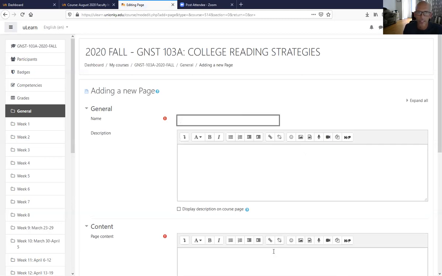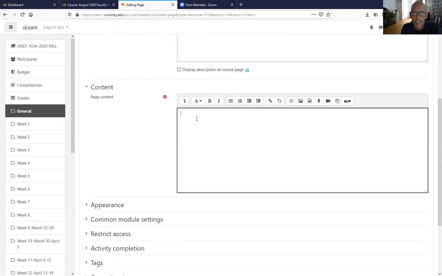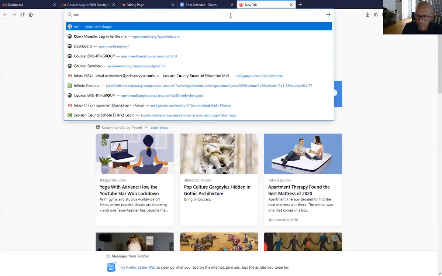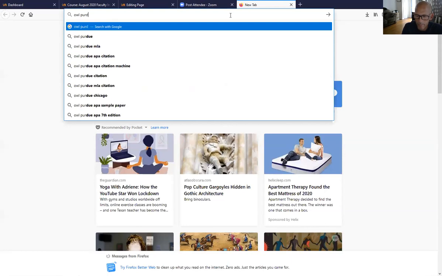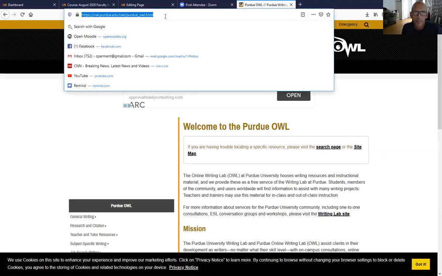And we're going to call this page course resources. And then the description is files for course, whatever you want to call it. Then you get to the content area. And for the content area, let's say that you want to do Owl University, Purdue as a resource, the writing lab. So you might want to link that. So you go to the website, grab that link,